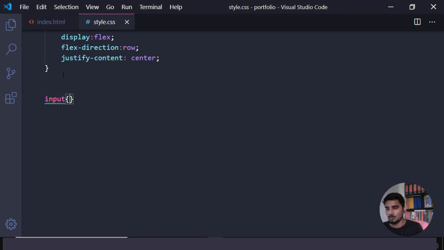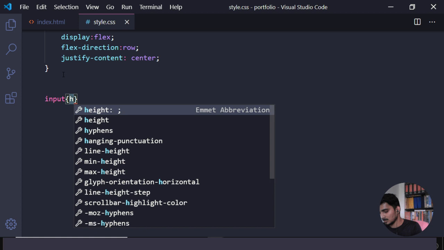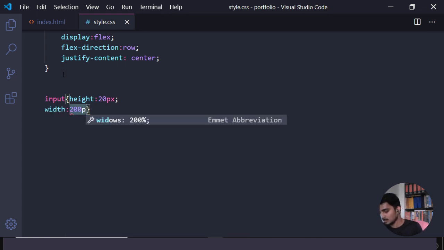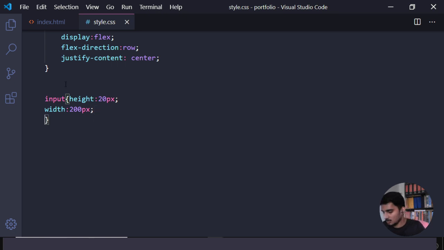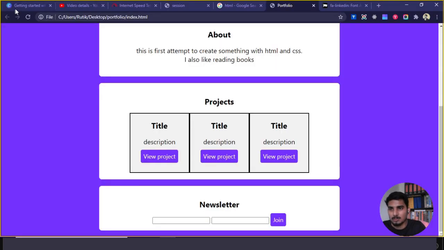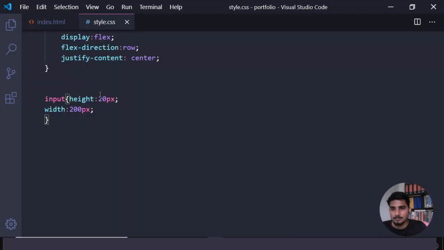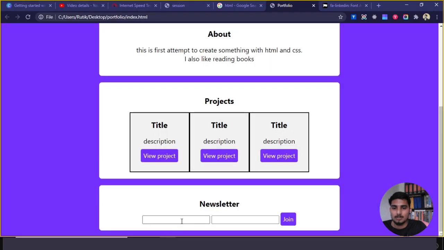and what we will do, we will just change the height and width. So I'll just change the height to 20 pixels maybe. Okay, 20 I said, and width to 200 px, and so okay, that's good. 30 px. Okay, so there is another attribute for the input element, like if you see here, we don't know